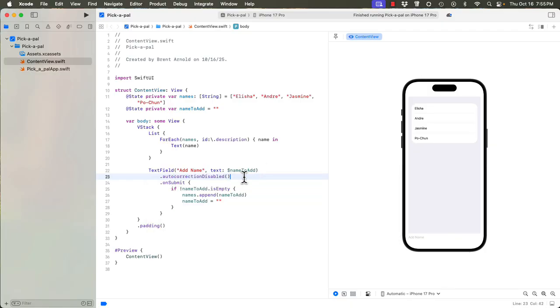Autocorrection disabled. And so now when you type, it's not going to suggest, oh, this word isn't a real word, and try to complete things for you when you're using proper nouns. Next, we want to add a text that shows a random name, where we can pick a random name. And so we'll add a button, and then we have some text up here that shows picking a random name